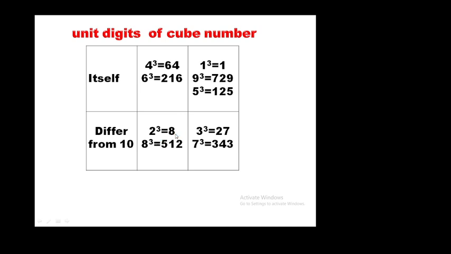Is it easy for you? Yes, similarly, you take 3 and 7. 3 cube ends with 7. 7 cube ends with 3. So this is the unit digit technique. Using this technique, we can tell the unit digit. If it is a perfect cube number, the unit digit we can spell out with the help of this technique. Shall we move on to the next one? Good.